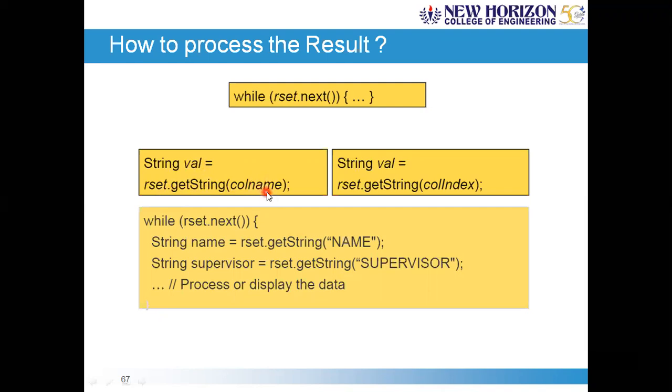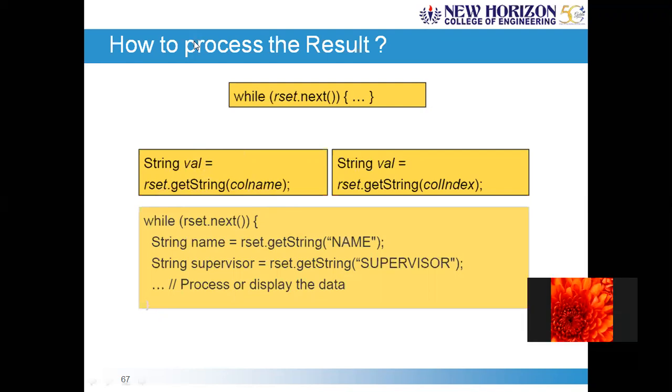One more very important point to be highlighted here is that you can either specify the name of the column exactly the same as what you have used while creating the table, or you can use numbers in order to refer to the respective columns. Here you can use a column name, maybe USN, name, semester, and marks, to access each of the individual values of the current row.